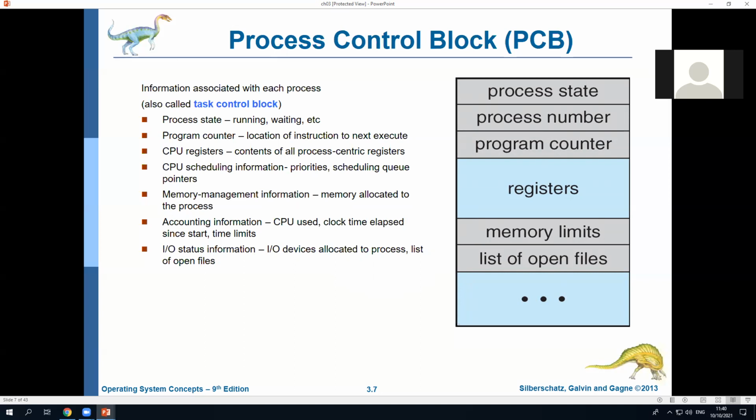His program counter. Where is he in his execution of his code? That's the program counter. Is he on the first line or the 100th line? Registers. What are the values of all the registers at this moment? Memory limits. Where does his memory